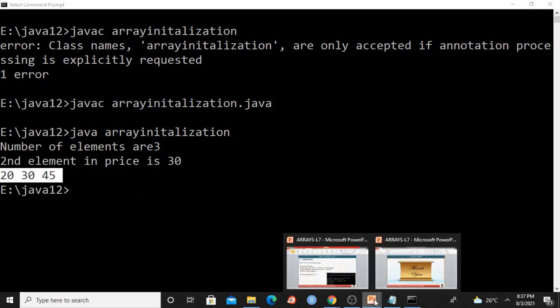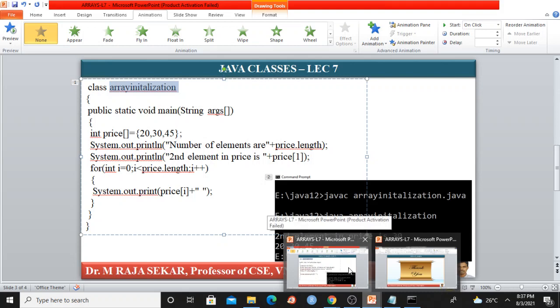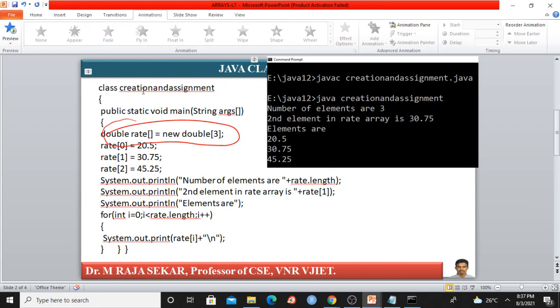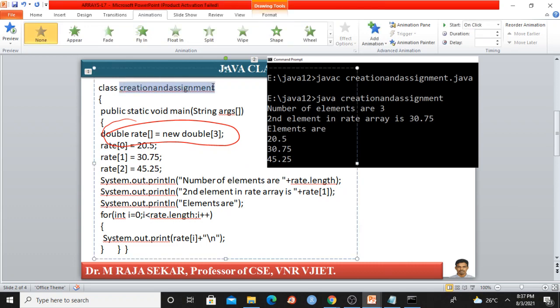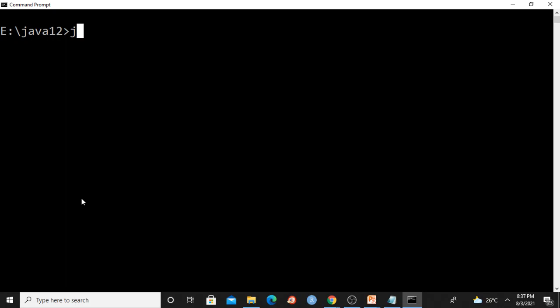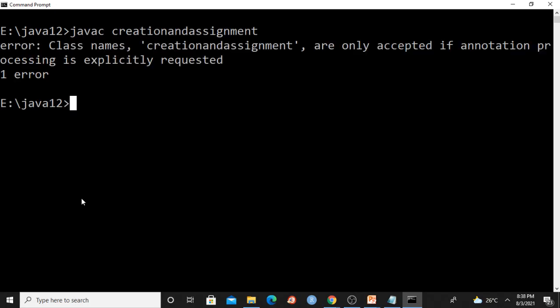I think there is one more program. What is that? That name is creation. I think it's creation and assignment. Just here we are creating an array. Of course, we are assigning elements. How can I run this one? It is also a simple and straightforward program. Let me clear the screen. Now let me say javac, creation and assignment dot java.